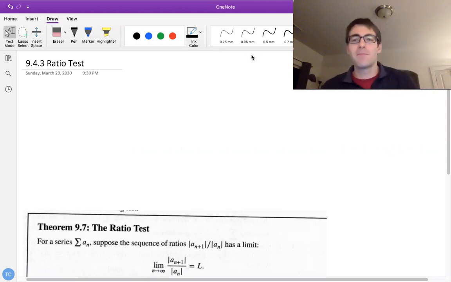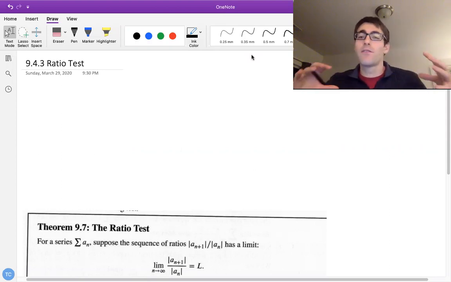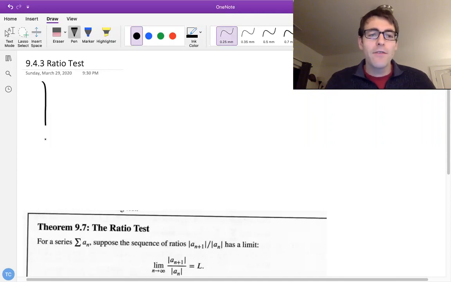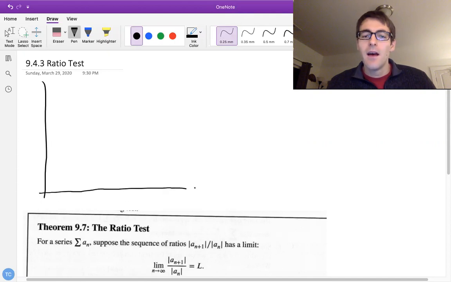Most of these numbers have to be really, really small in order for the sum of everything to still be a finite number. And as we've seen with a couple examples, it not only has to approach zero, it has to approach zero fast. So for example, a series like 1 over n actually doesn't approach zero fast enough. And when we're talking about the integral test, we can see this has to